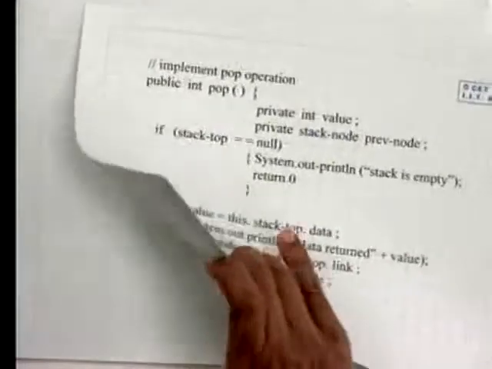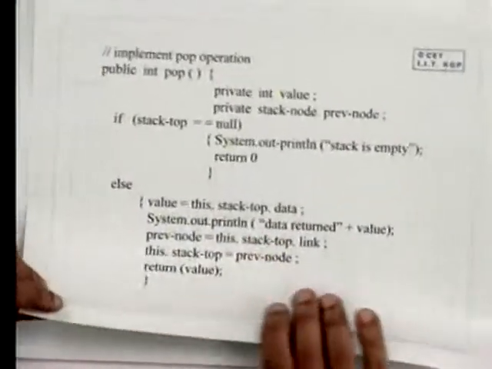So now we have seen that the same stack pop and push operations have been implemented in two different ways. In one case we were using a sort of linked list structure with dynamic operations, and the stack was allowed to grow or shrink according to whether we perform push or pop operations. And in the other case, in the earlier implementation, we had seen an array implementation of a stack, where essentially you have to allocate appropriate space for the array, and then you go on pushing elements into the stack or popping from it.